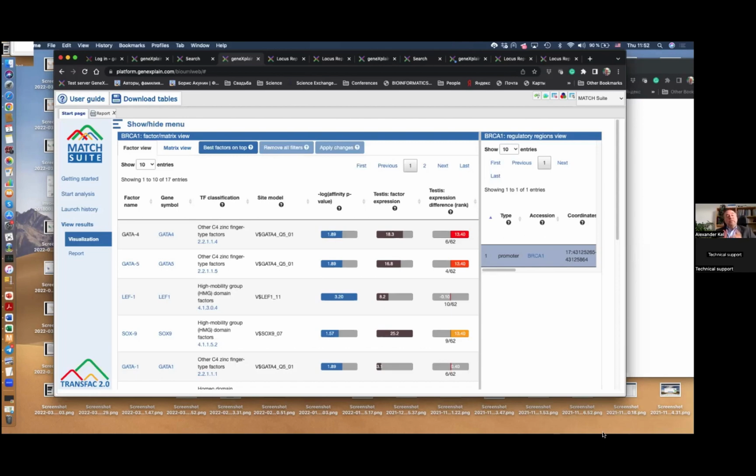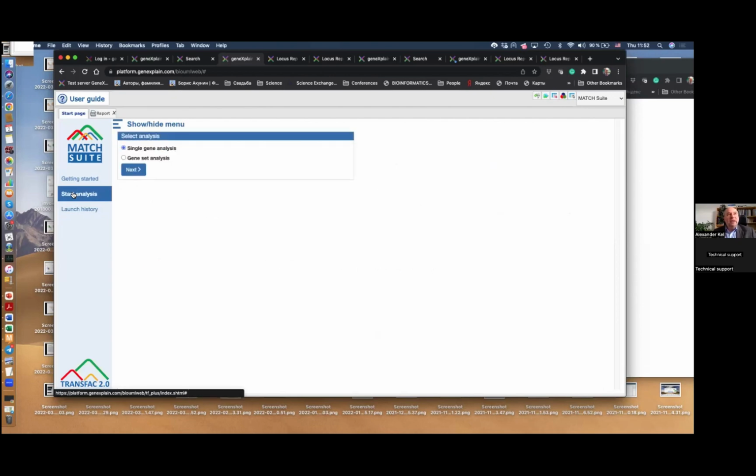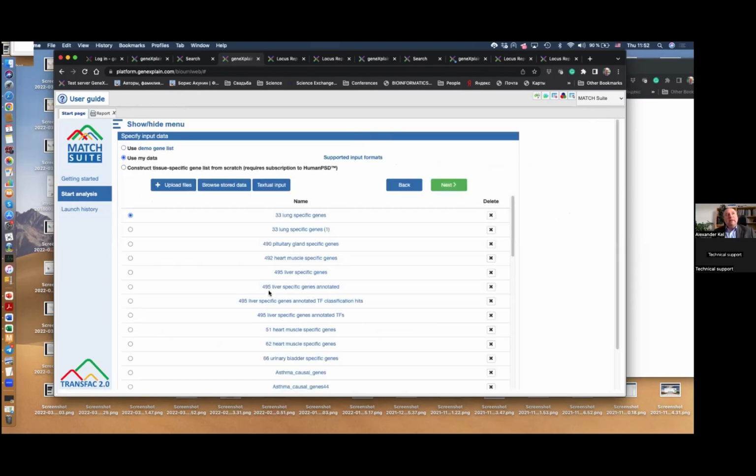Part of it is also presented here in Match Suite, but not in this Match Suite for single sequence analysis, but the Match Suite for gene set analysis. I would recommend that if you want to create a new promoter, an artificial promoter or enhancer region,